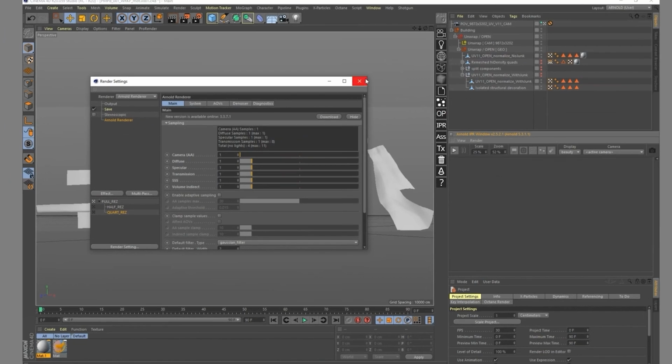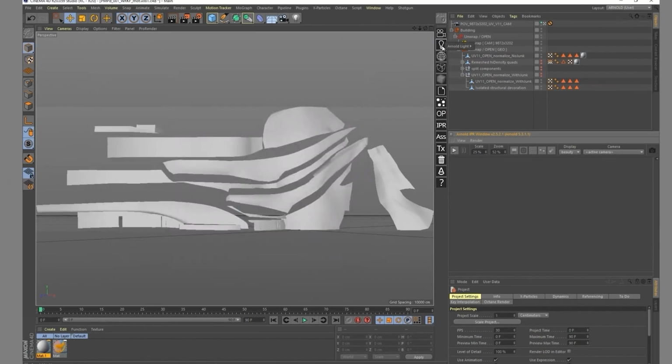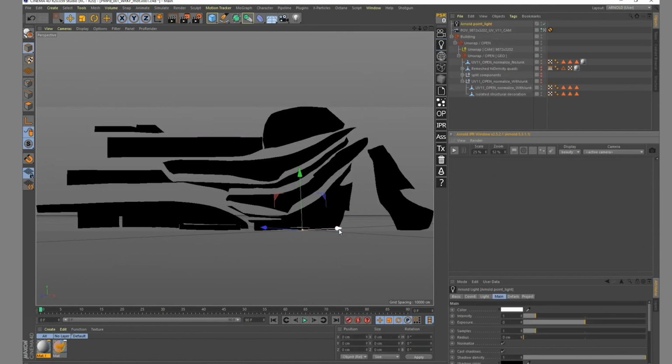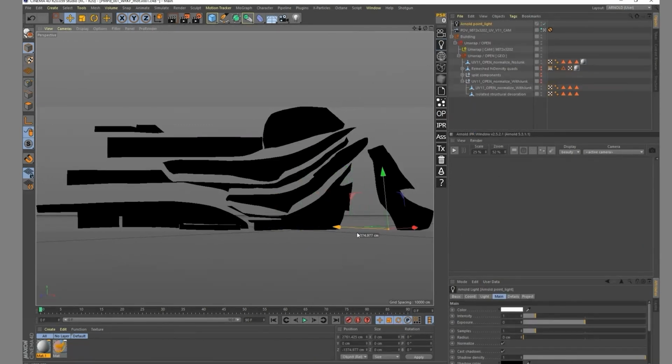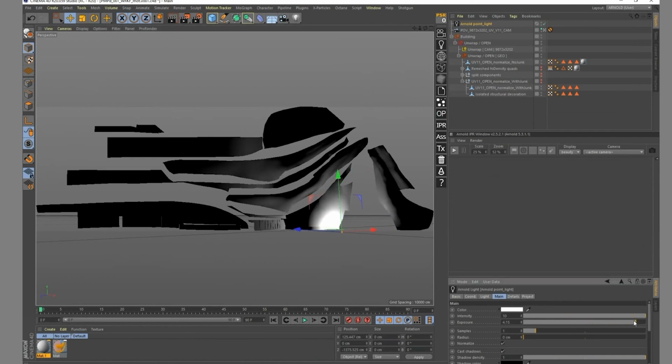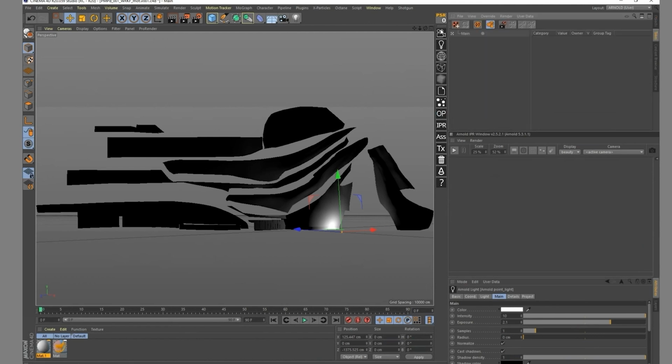Then what I could do is, for example, put an Arnold light, just a simple point light, up right here. It's not gonna be beautiful, but it's gonna be understandable for everyone. And I'm gonna switch to that window right here on the right corner that's called Take. What you need to do is always work on the main take.